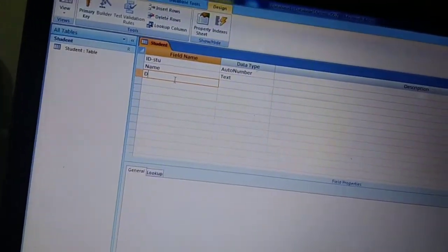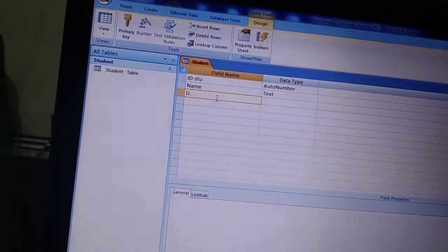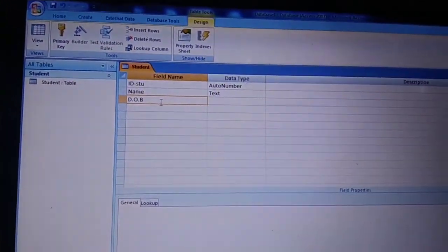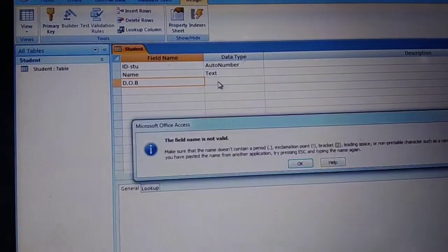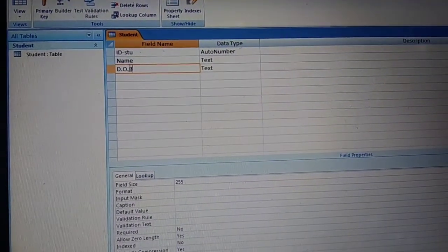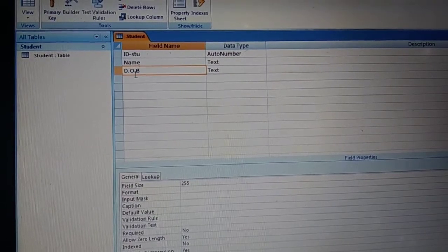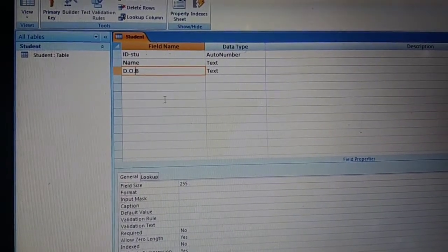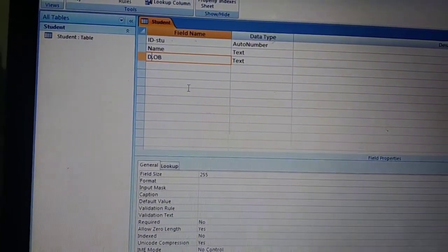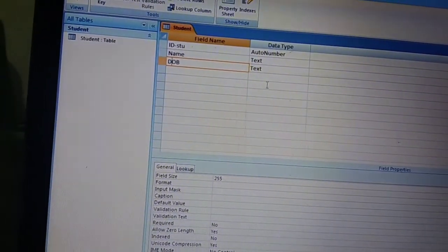Suppose that I am taking the next field, date of birth, DOB. Now in this, see, it is giving an error, saying that you cannot insert the dot in a field name, so I have to remove the dot.